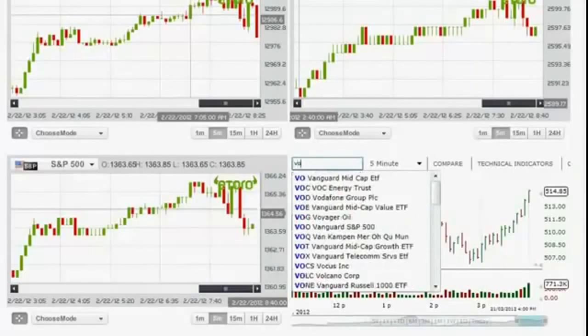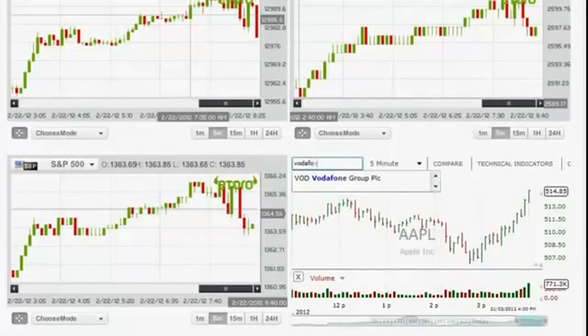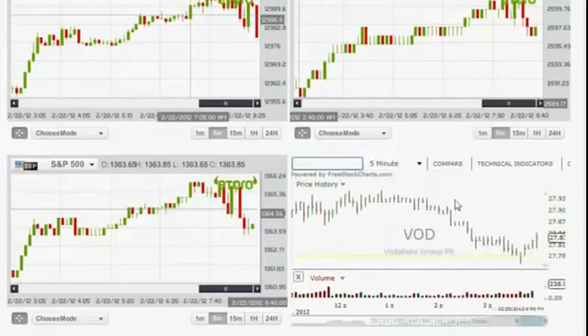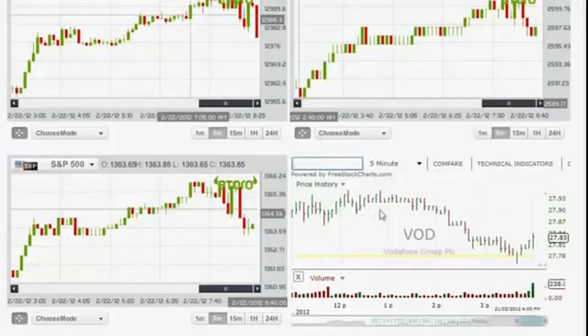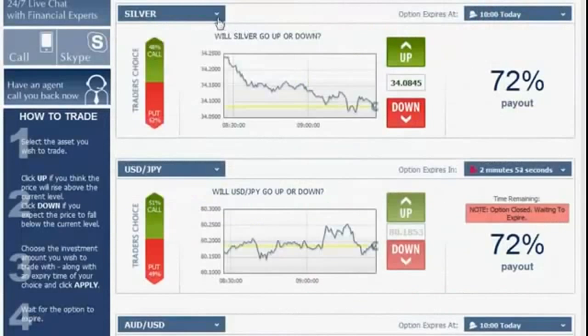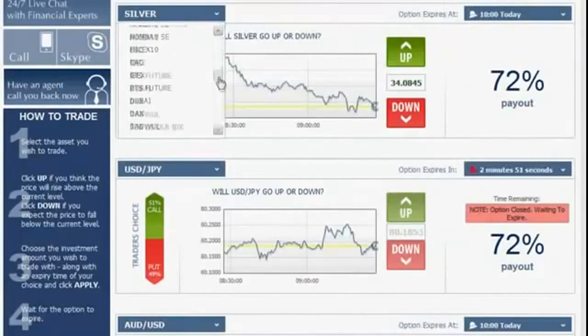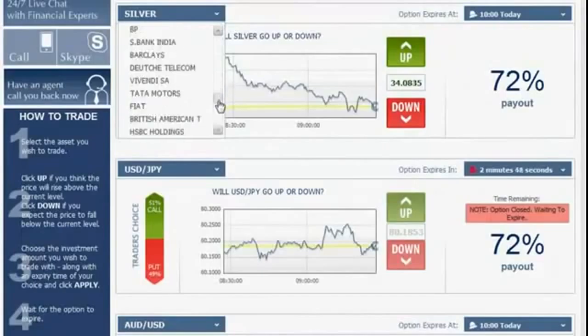I'm gonna enter Vodafone right here. As you can see, it already suggests the stock. I'm gonna click it, and as soon as I click it, I can see the trend line. It's a beautiful downwards going trend starting from this point going all the way down here. So basically it's the same as using the currencies and commodities sections, it's very easy. We go back to the platform, we choose the Vodafone stock from our stock section